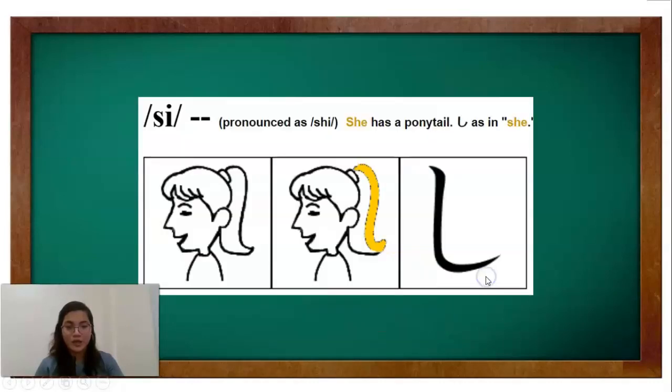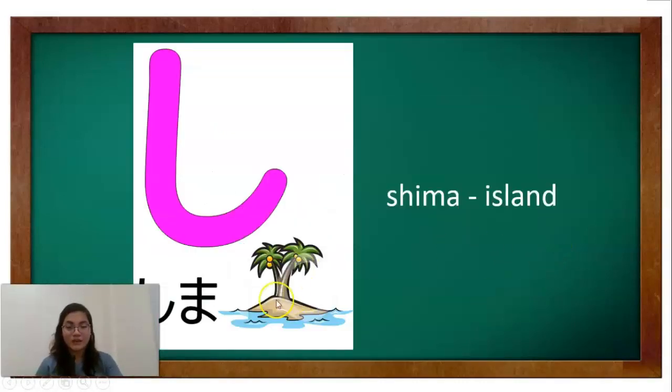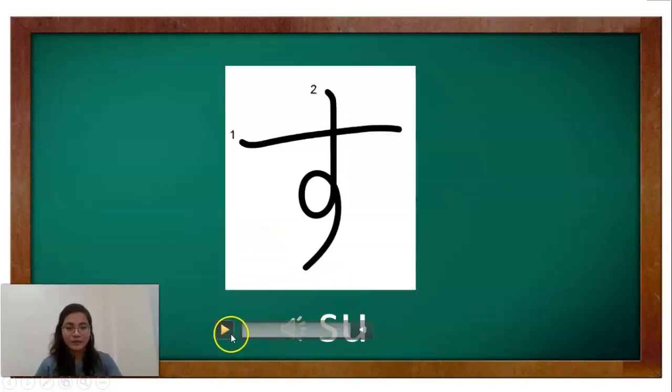Okay, so to think of the shi, she has a ponytail. So shi as in she. Okay? Next, an example word that starts with shi. Shima. Shima means island. Okay, next up is